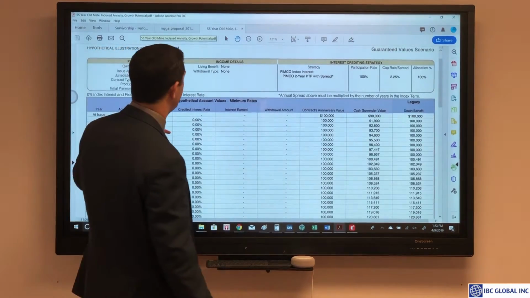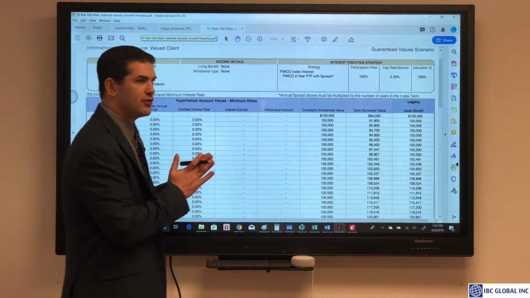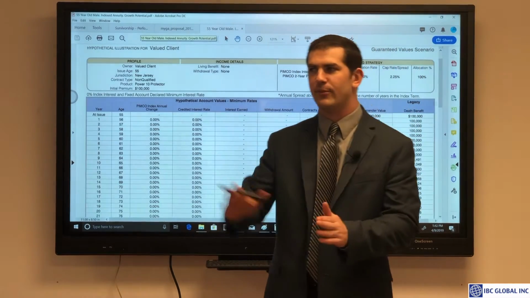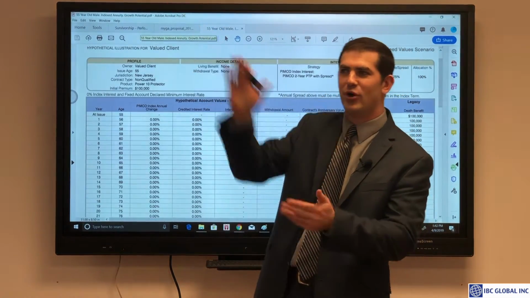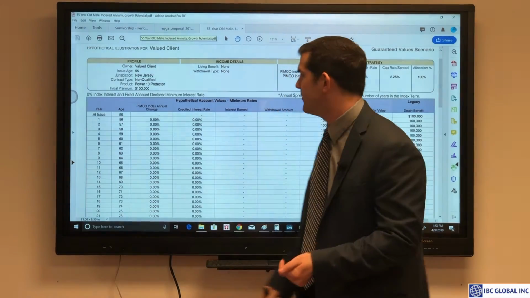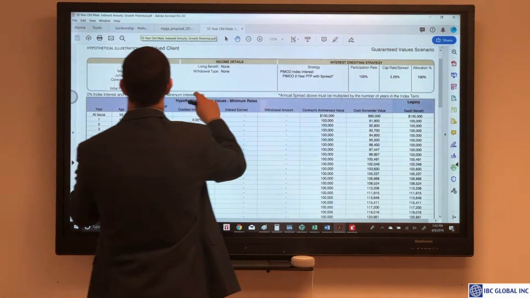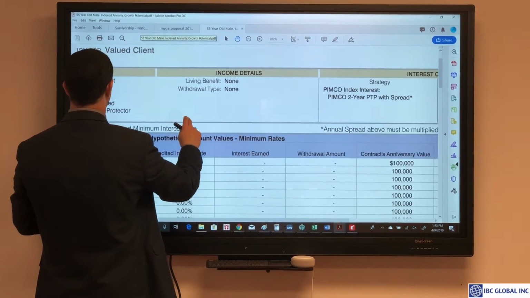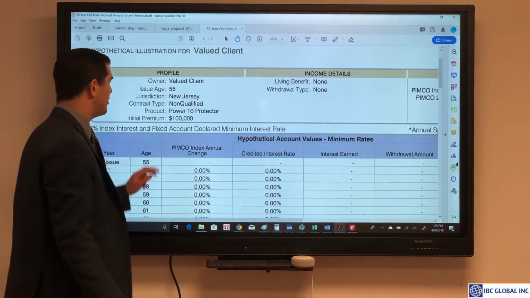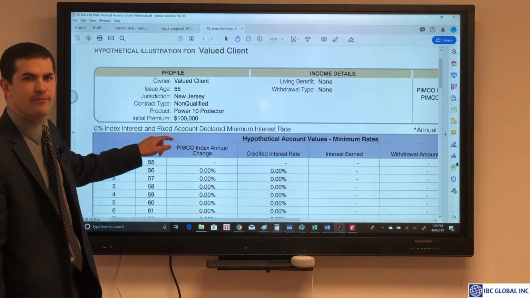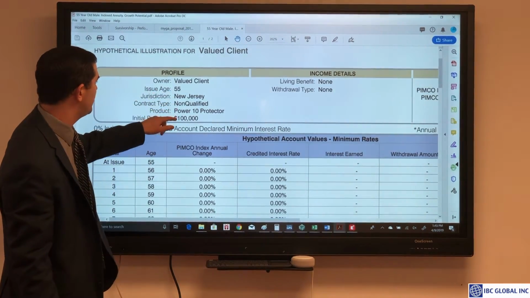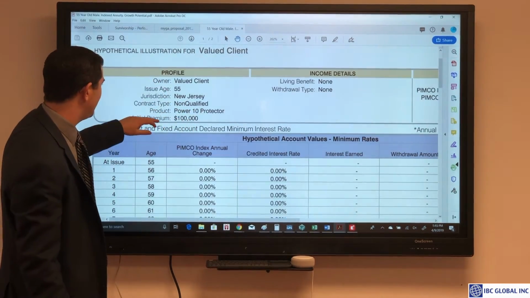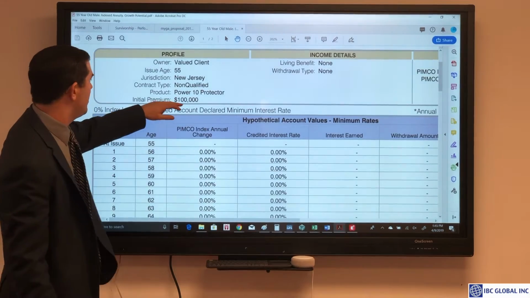All right. So what we have here first is the growth type called an indexed annuity, meaning if the market goes up, we go up with it. Market goes down, our principal is protected. What we're going to look at here is a 55-year-old male. And to keep things simple, we're going to look at a $100,000 deposit. 55 years old, state's Jersey, doesn't really matter. Some states have restrictions. We can get the same thing at the end of the day.